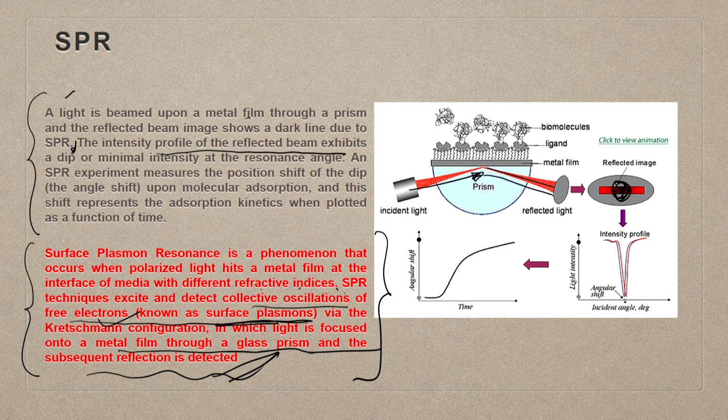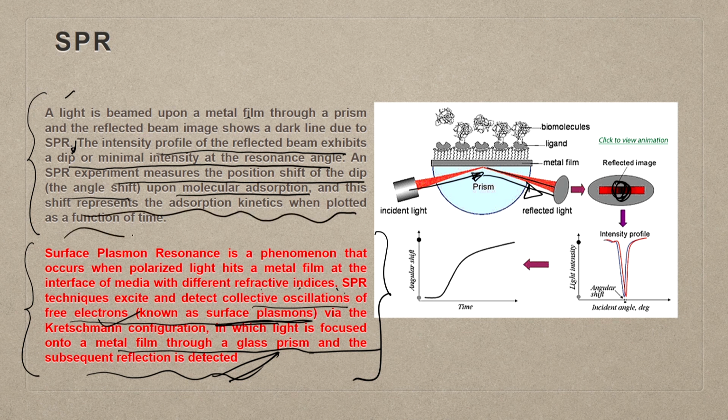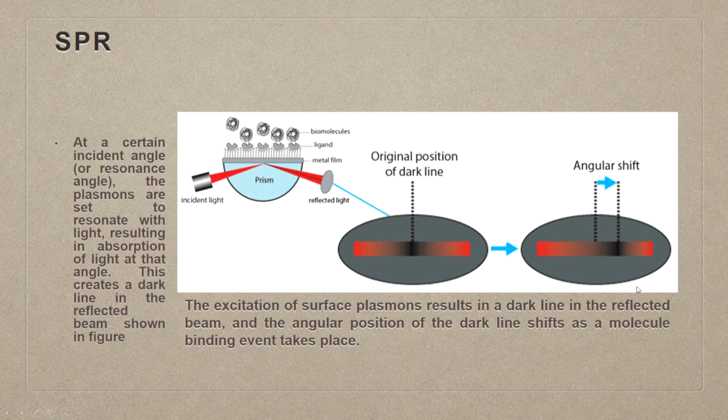This is the intensity profile of the reflected beam, exhibiting a dip or minimal intensity at the resonance angle. So, there is the dip in the intensity which is happening. An SPR experiment measures the position and shift of the dip, the angle shift upon molecular adsorption, and this shift represents the adsorption kinetics when plotted as a function of time. So, here is this angular shift,